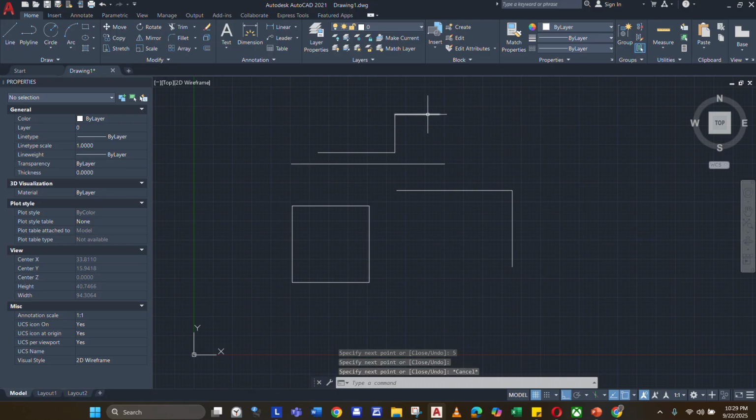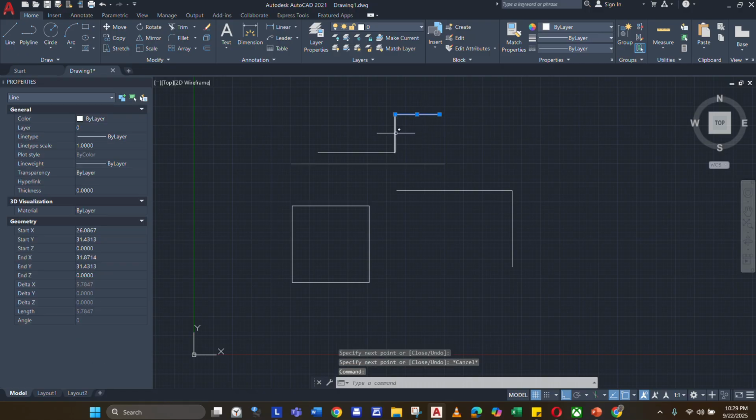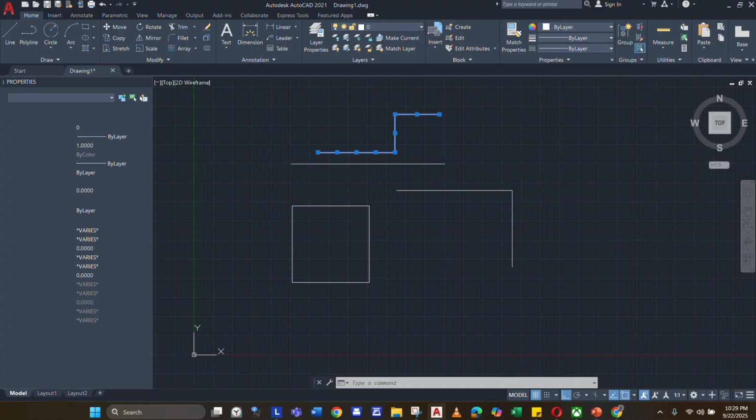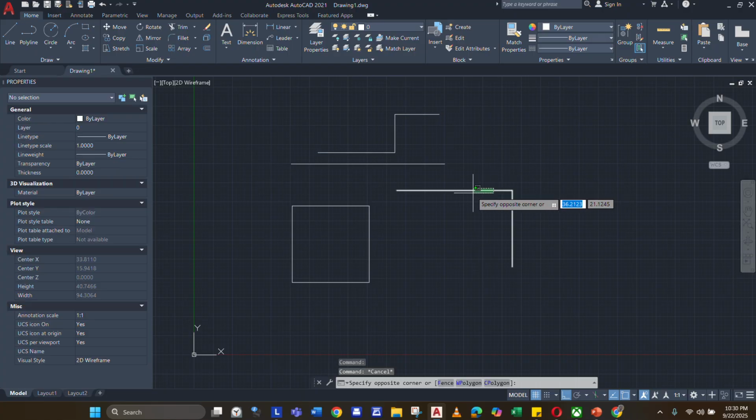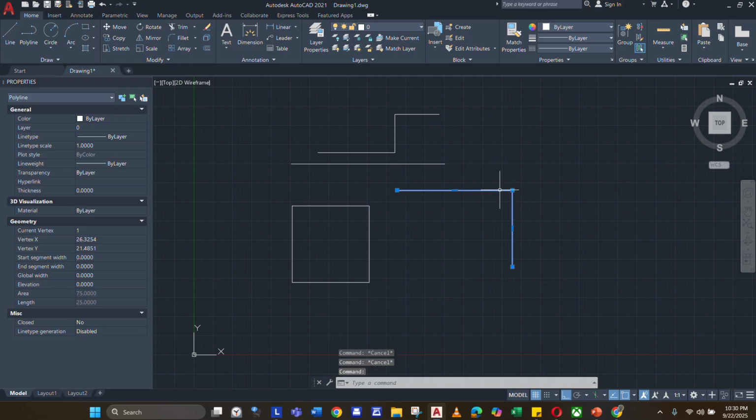Now, if I click on them, they're gonna be different segments, because they are connecting lines, but they are different objects, not entities. I'm sorry. Compared to the polyline, where I just click one part of the polyline and they are one object.